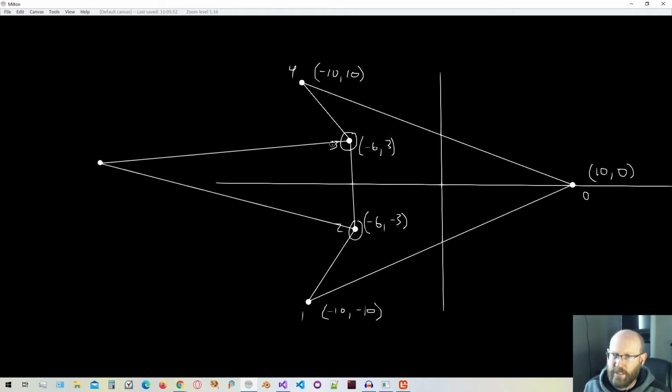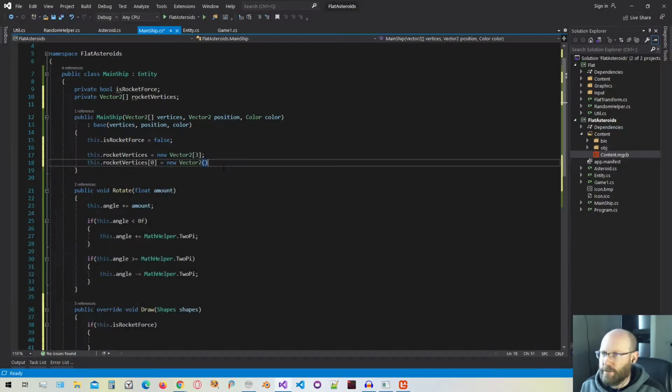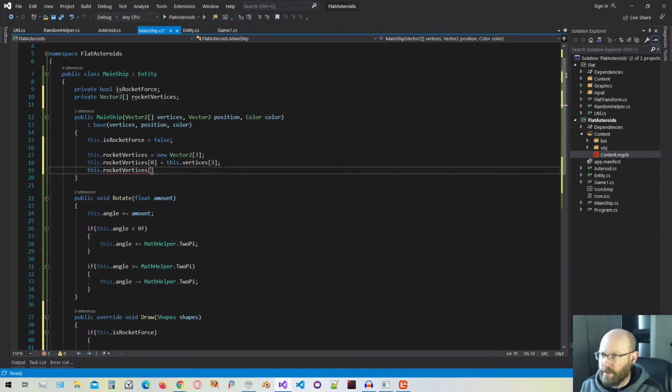So we can just grab vertices 3 and 2, and we're going to come around in clockwise winding order. We'll just start at 3, and then we'll go to 2, and then we'll make a new one out over here. Let's go ahead and define that first using these 2. We want index number 3 and index number 2 in that order. The first one is going to be vertices 3, then the second vertex in the rocket vertices is going to be vertices number 2,